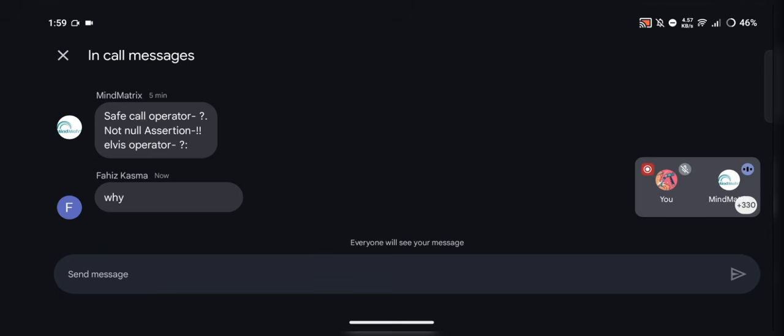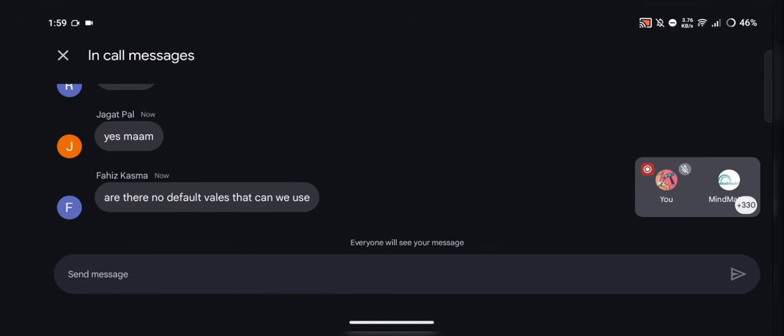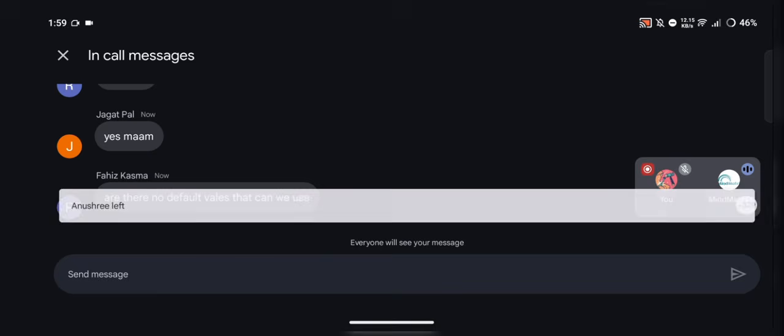So the last one is the Elvis operator. In the starting of the null topic, I told you that Kotlin has default values, right?